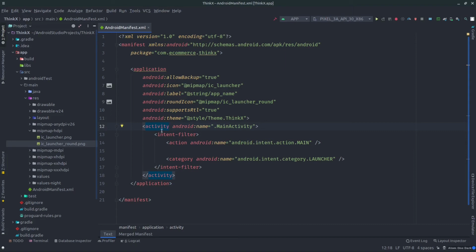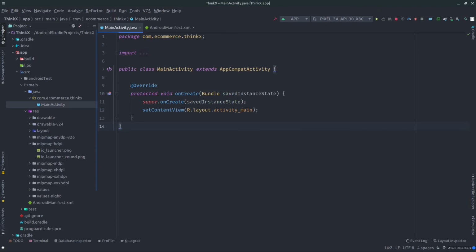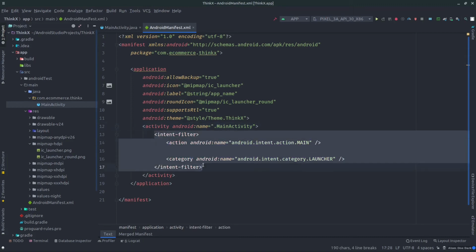We will discuss a lot about activities, but for the time being you can see that its name is .MainActivity. So MainActivity, we already know, is our Java file. Basically we create the MainActivity, which is sort of our main class in Java. So this is how we define the main activity, and these are basically some intent filters.